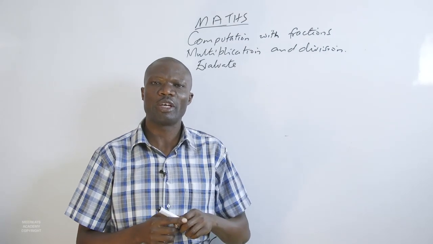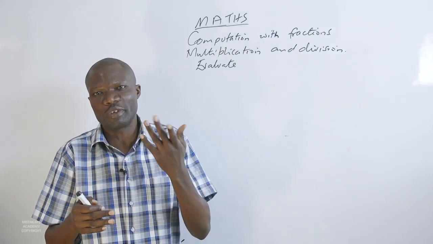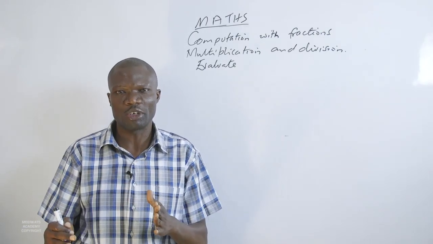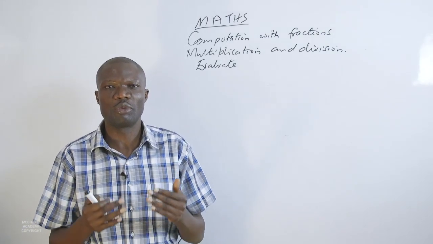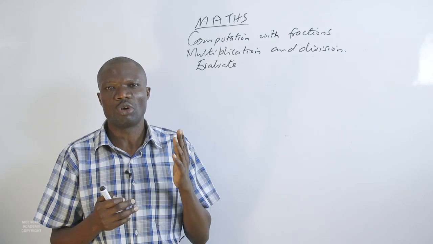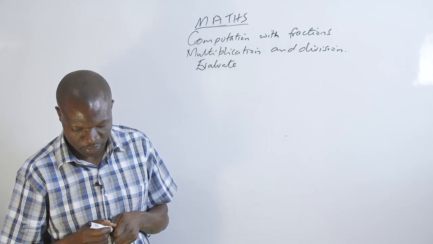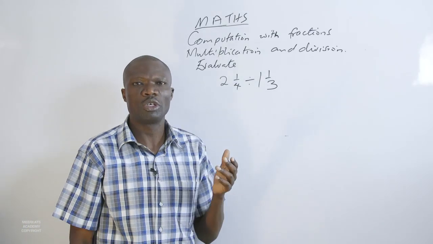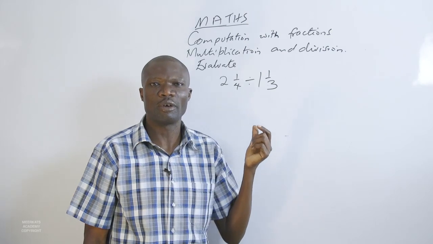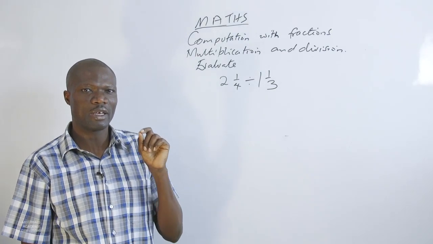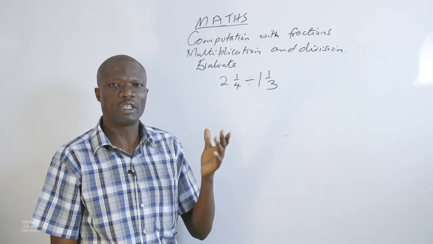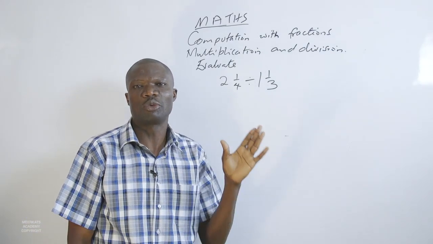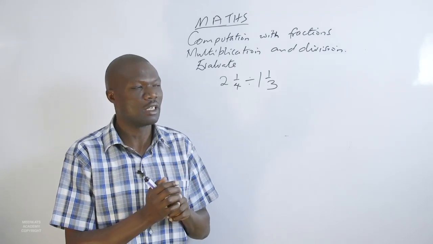Now, how about when you have been given mixed numerals to divide? Should we divide whole numbers alone or fractions alone? Or what approach should we give when evaluating division of mixed numerals? Evaluate 2 1/4 divided by 1 1/3. To evaluate this, first of all, we cannot work it out when it is in the state that it is in,